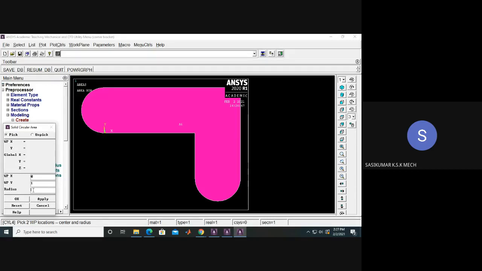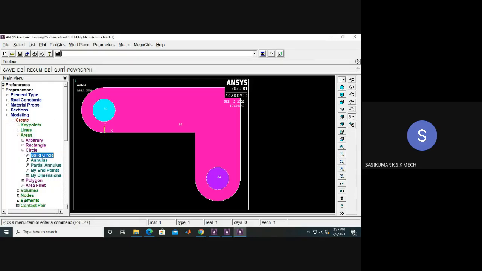The radius of this small circle will be 0.5. Just give apply. One more area has been created. On the other side, go to 5. Y is -2. Radius is 0.5. Just give OK. Two more areas have been generated.